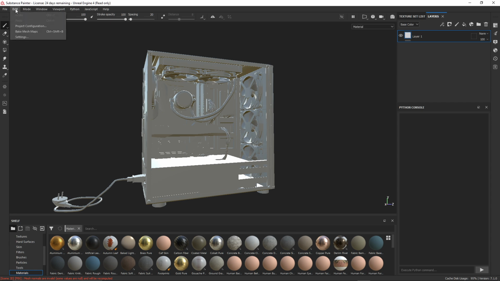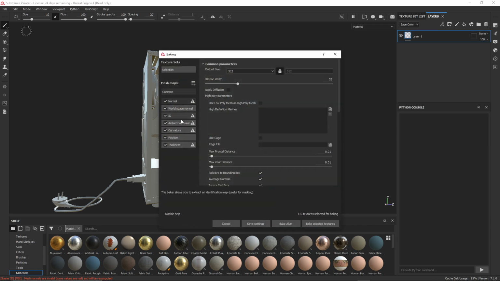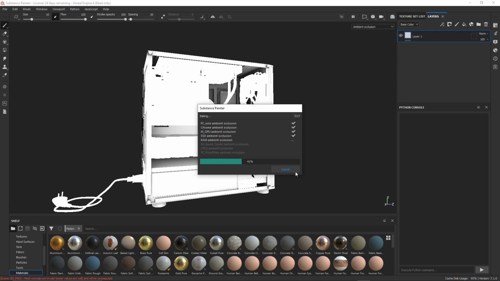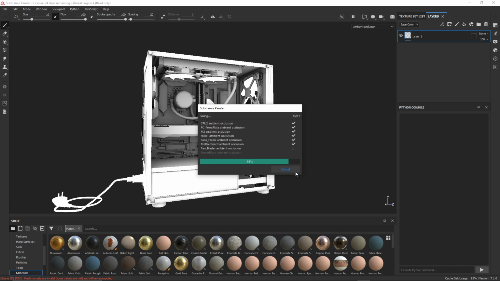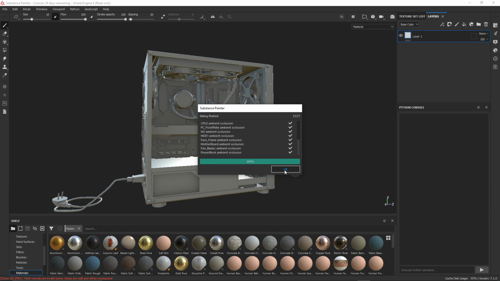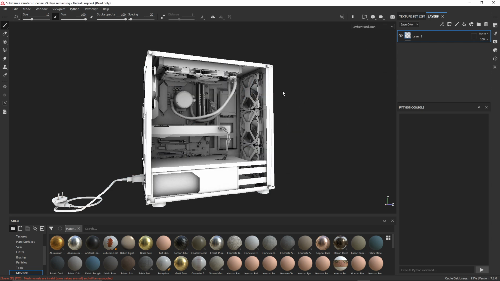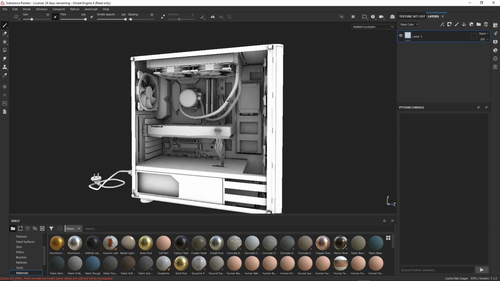So all you have to do is jump over to the Bake Mesh settings. And I'm going to turn off all these other options for these maps. We don't really care about those. We just want the ambient occlusion map. And I'm going to bake that out for all the geometry in my scene. So you can see it's going to go through and in a matter of seconds, generate this really nice AO pass for me. And if we switch this over to view here, you can get a sense of what's going on with that.